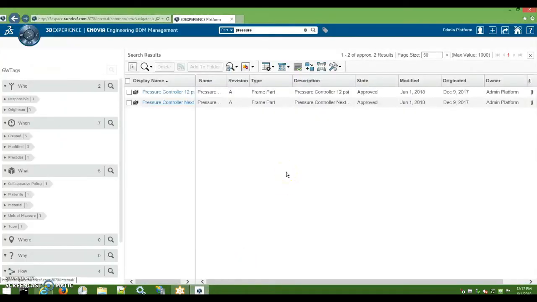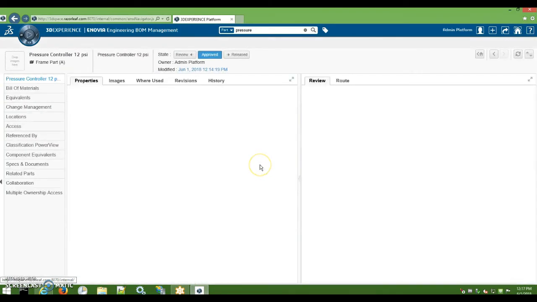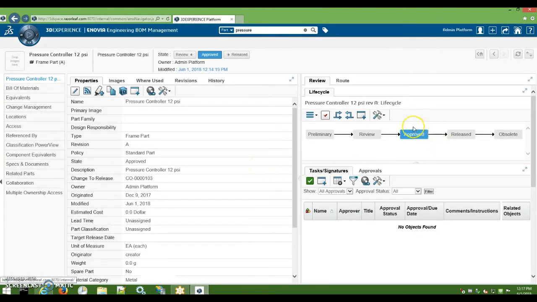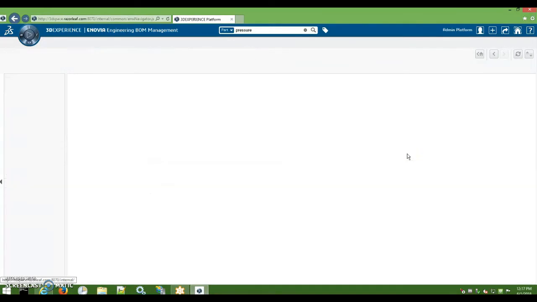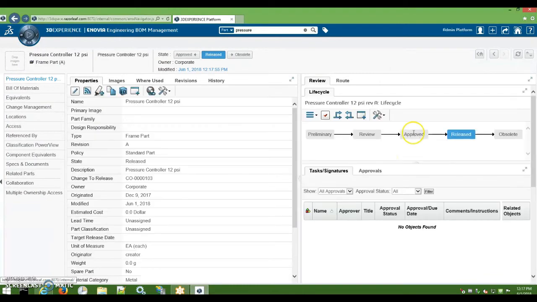So back to the 3DEXPERIENCE platform, let's take one of these particular CAD parts, and currently it's sitting at the approved state. Again, the scenario is when we release it, this event triggers. Just so you know, this event could be configured to fire on any trigger within 3DEXPERIENCE. In this case, we have it on released. It could be configured to trigger on any event where you can fire a trigger inside of 3DEXPERIENCE. So we'll go ahead and do a promote that will move this from the approved state over to the release